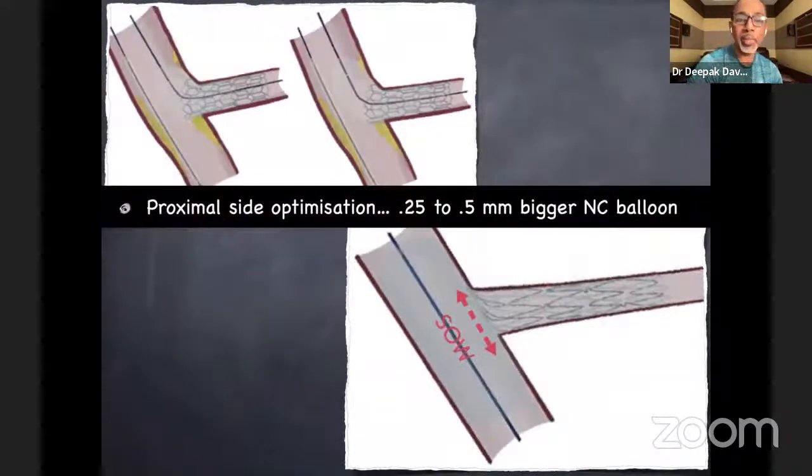How would you do a proximal side branch optimization? After stenting the side branch,